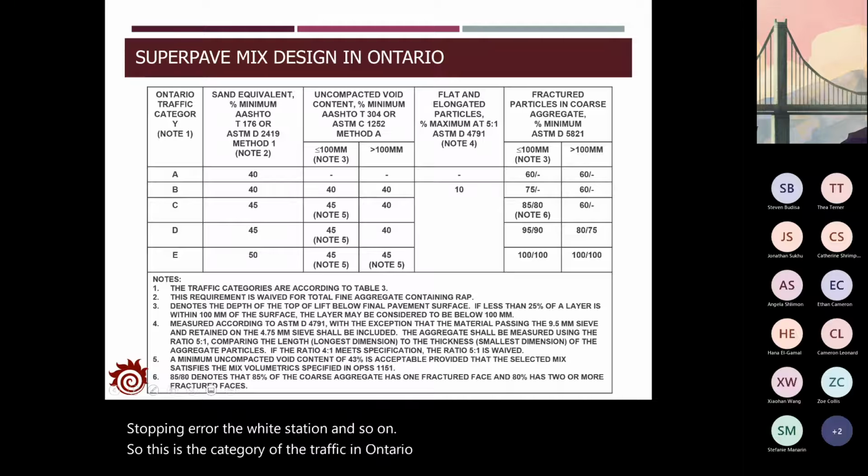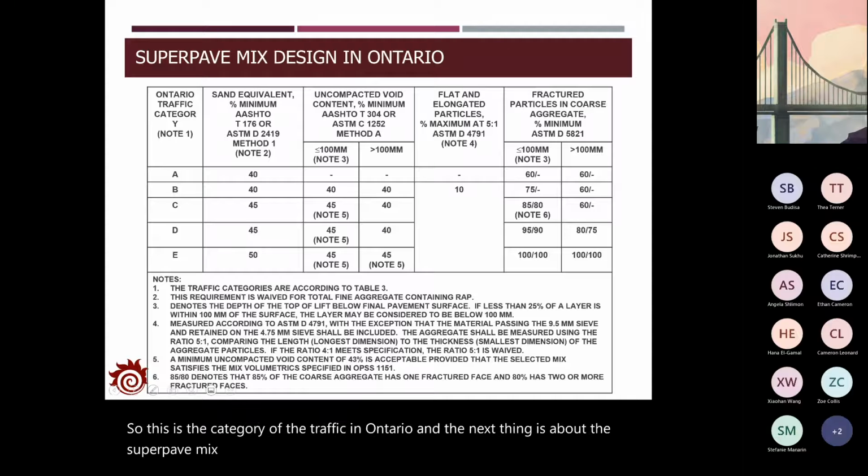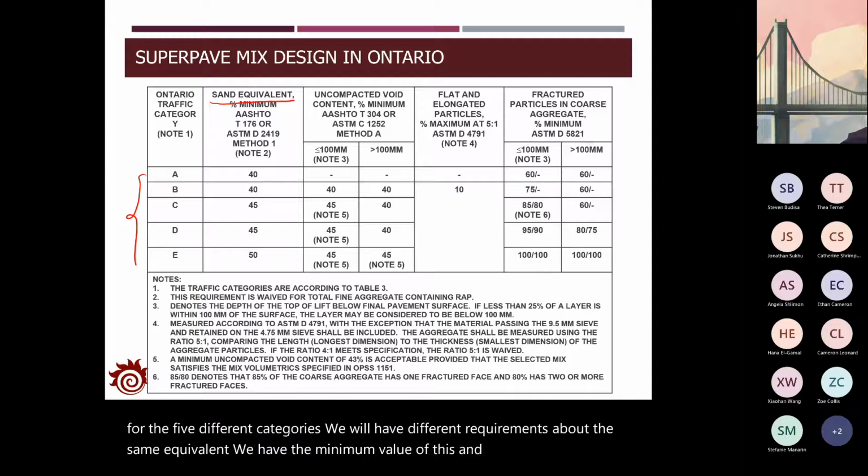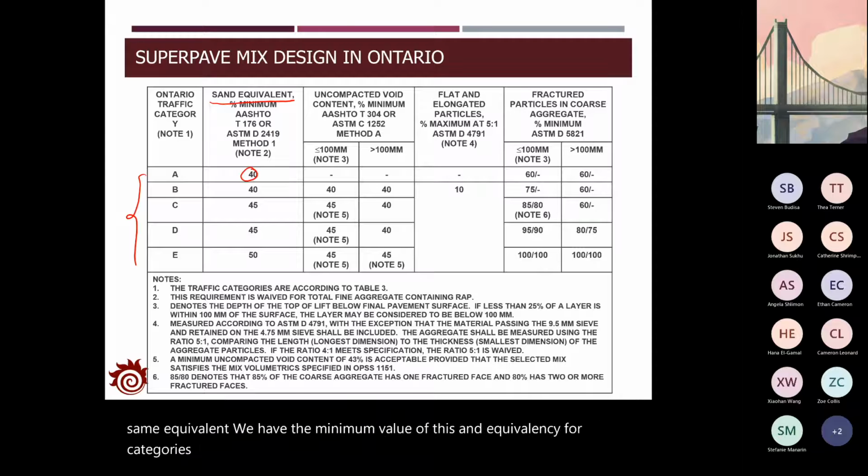And the next thing is about the Superpave mix design. The criteria is actually based on the traffic conditions. For the 5 different categories, we will have different requirements about the sand equivalent. We have the minimum value of the sand equivalency. For category A, it should be at least higher than 40%. We also have the uncompacted void content requirement. The minimum value should be